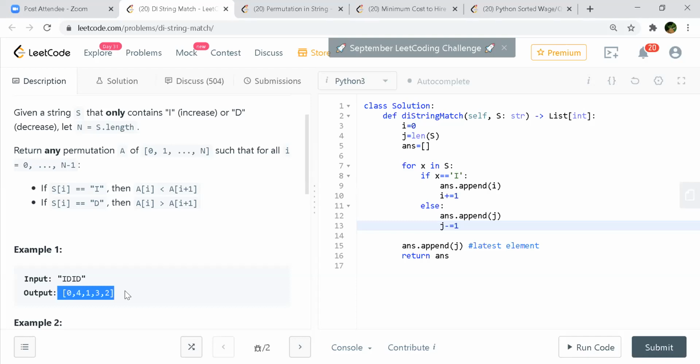So they were saying that swap 0 and 3. No, 4 and 3. 4 and 3. 0, 4 and 3, then it should not work actually. So you are saying that if we say 3, 1, 4, 2, right? 0, 3, 1, 4, 2. Okay, 0, 3, 1, 4, that works. You're right. That's 0, 3, 1, 4, and then 2. So first it is increasing, then decreasing, then again it is increasing.